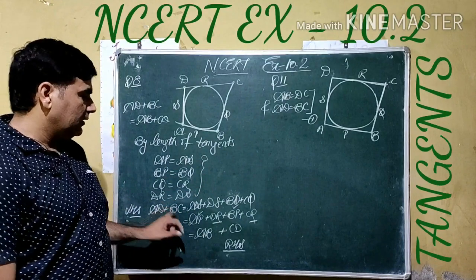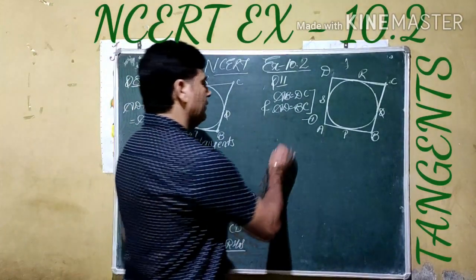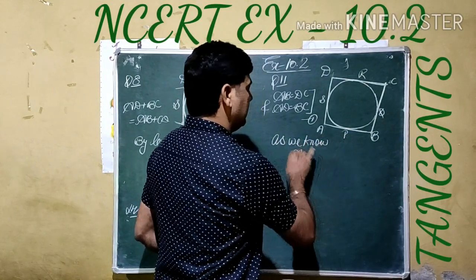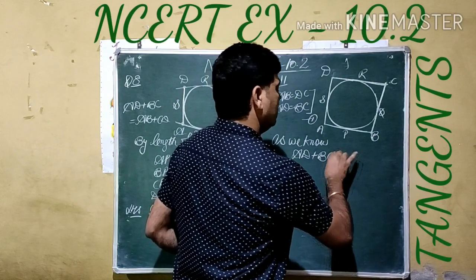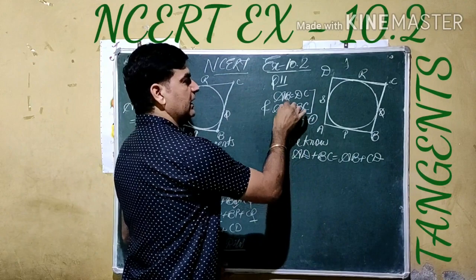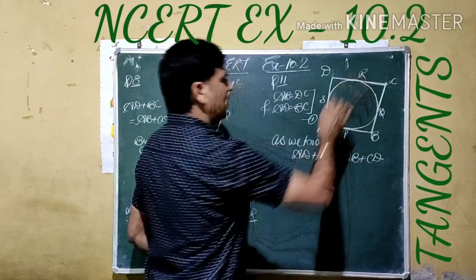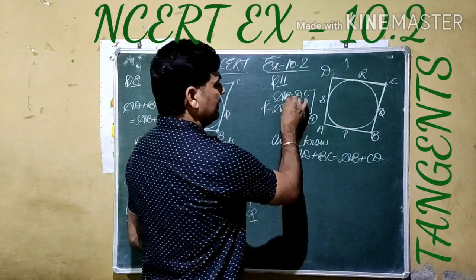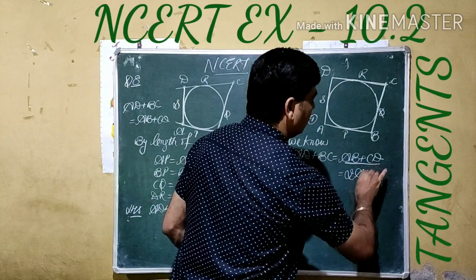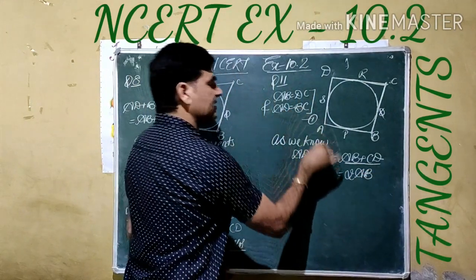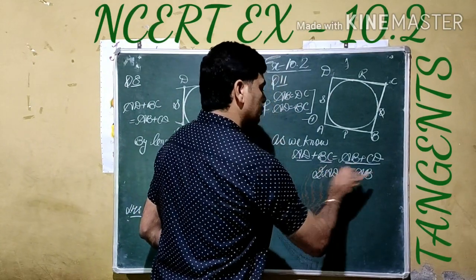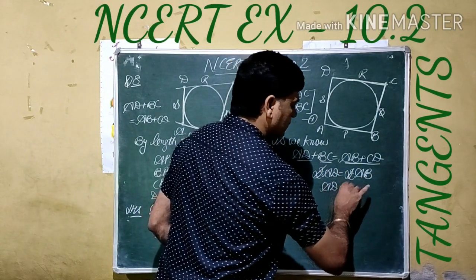Now we are using it directly. Here we mention, just as we know, AD plus BC is equal to AB plus CD. If you see here result number 1, AB and DC are equal because in a parallelogram opposite sides are equal. It means these two lengths are the same. So can we write here double of any length? AD and BC are the same, it means these two lengths are also the same. So we can write here double of any one. 2 cancels out, we get AD is equal to AB.